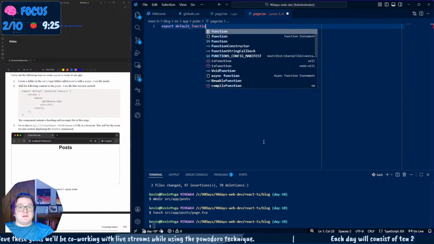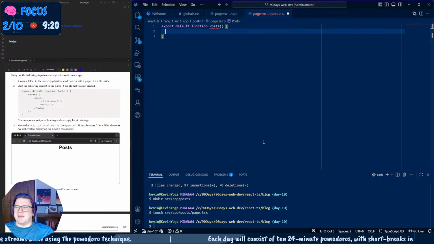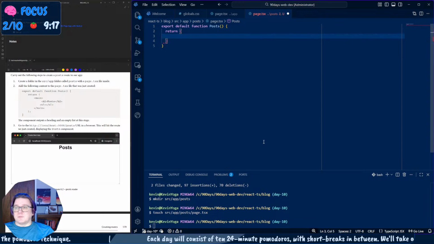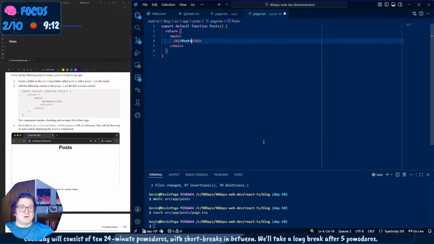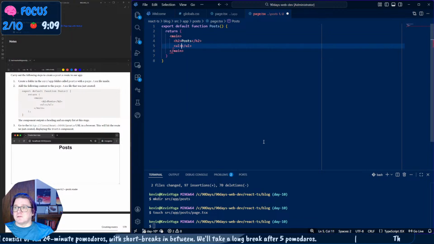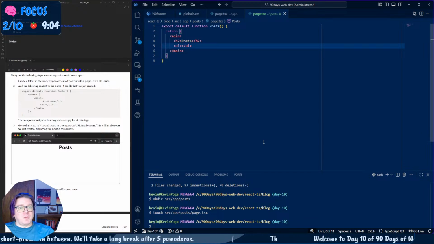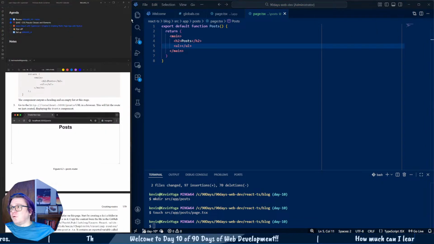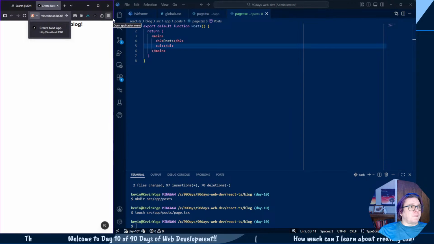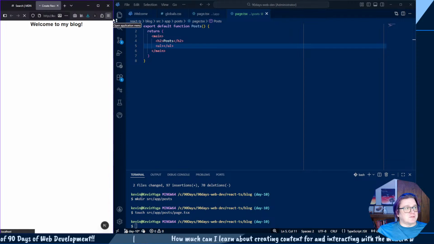We're going to export a default function named posts now. Oops, I don't know what I'm doing. Returning some JSX here. Main h2 is going to be posts, and then we're going to have the start of an unordered list right there, and the component outputs a heading and an empty list at this stage. And if we go to our localhost routes and go to posts,